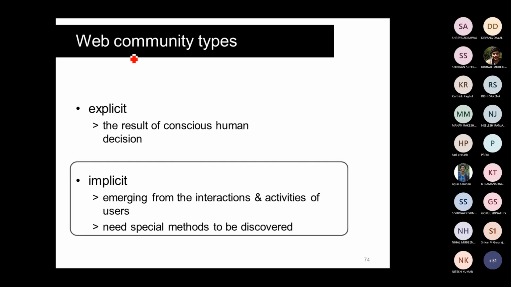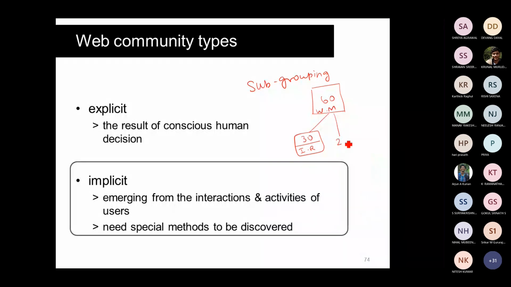So what is a web community? We can identify this type of subgrouping. For example, if I have some group of people, some 60 students in my class who are studying web mining. In the same class, I'm trying to identify some of the people who are learning information retrieval. This is not classification. I'm just identifying some subgroup from the given group of people. Some 30 people are studying information retrieval elective.